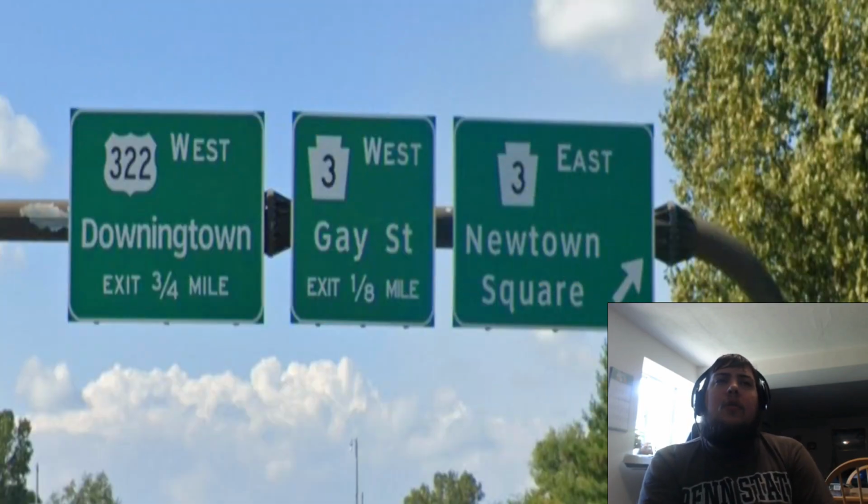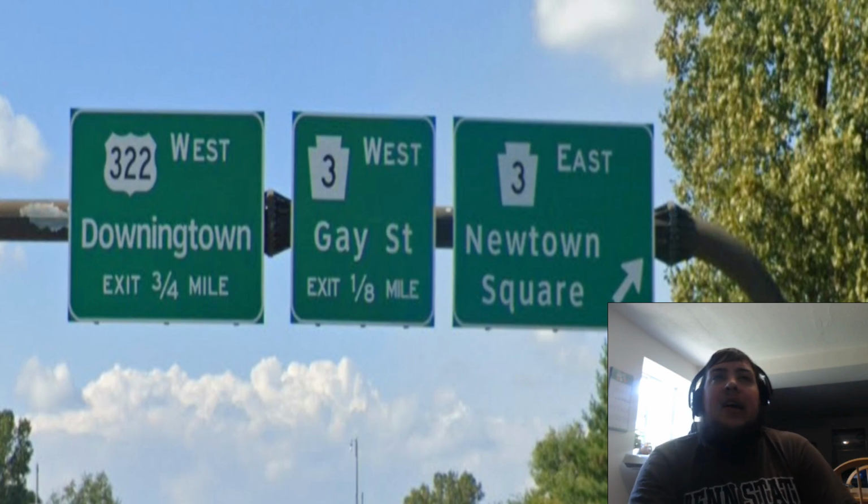And then US 322 leaves US 202. We get US 322 just on its own again, and already here we are signed. Actually, I think this is still on the US 202 concurrency, but US 322 will be leaving US 202 in 3/4 of a mile, signed for Downingtown. And then we meet Pennsylvania Route 3 again, and this time we actually do get signed for something westbound, which is